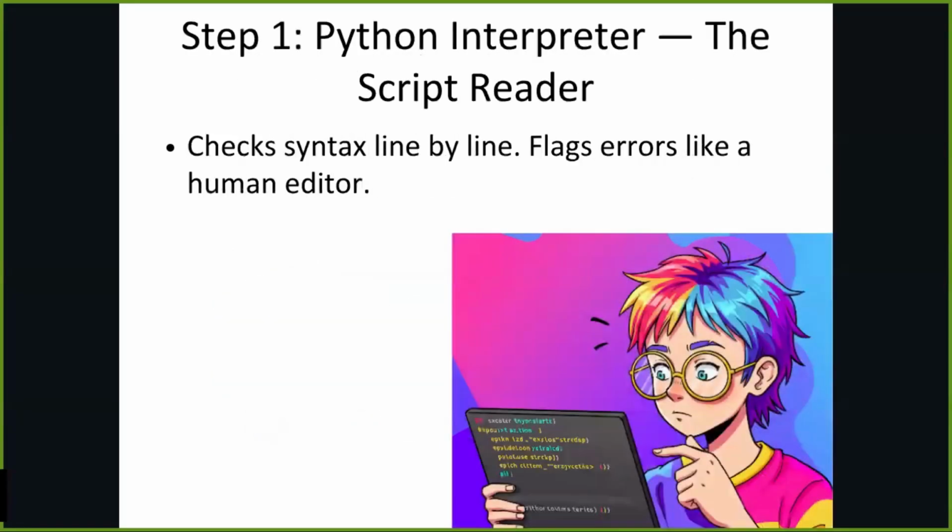The first step is how the interpreter interprets your source code. Consider your Python code as a movie script written in plain English. The Python interpreter functions like a translator who reads this script line by line. As it reads, it checks whether each line is written correctly. If you forget a keyword or use incorrect syntax, the interpreter stops and provides an error message. If everything is correct, the interpreter proceeds to the next step without interruption.